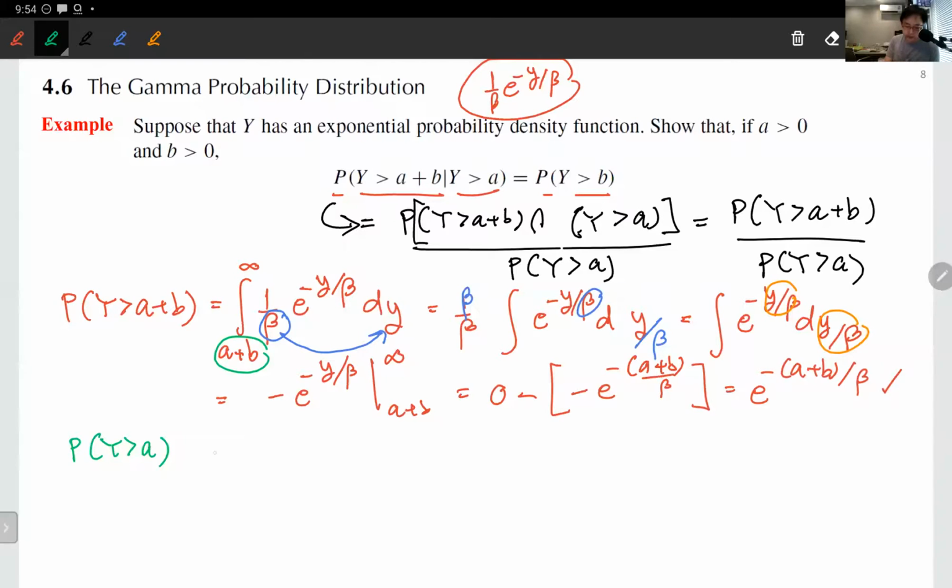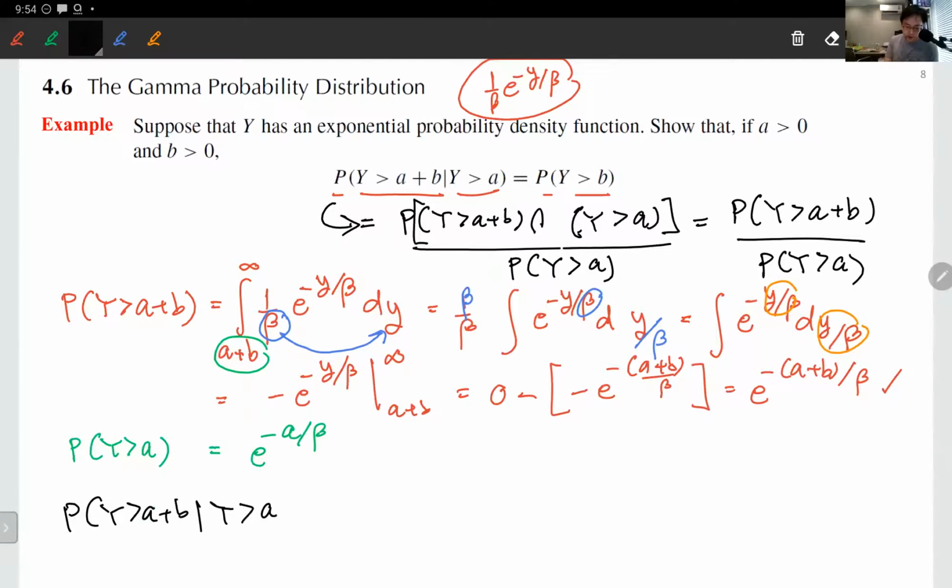Okay, so you can see right away, you're going to go through this integral and you're going to end up with the same result, except replacing the a plus b with just the a. You guys with me? All right, now come back to our business here. We want to evaluate the conditional probability. So the conditional probability that we looking for,